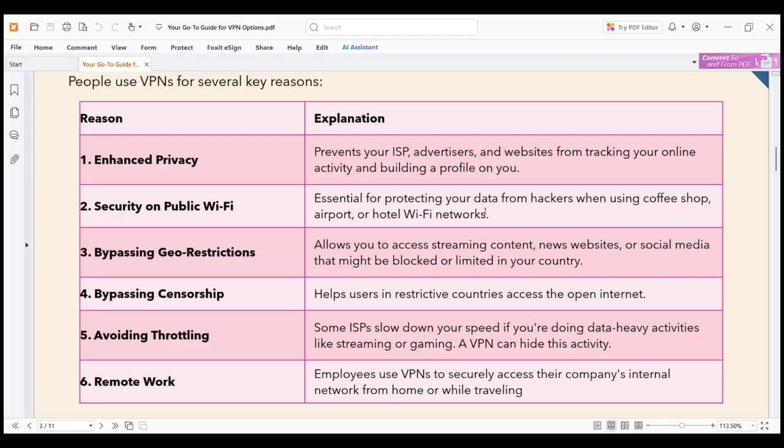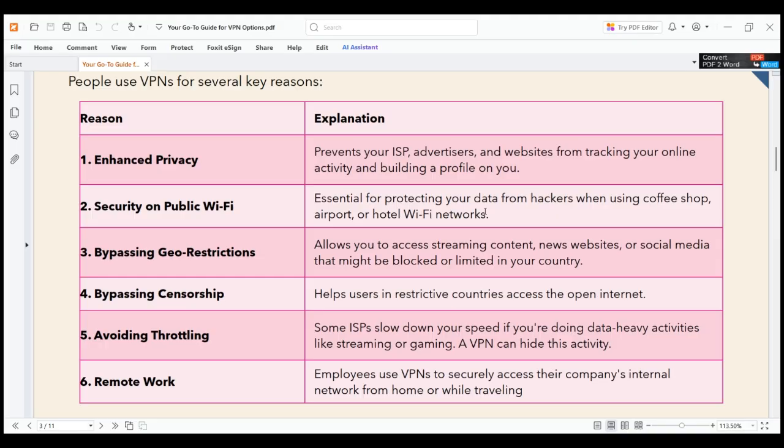There are some certain countries, for example, that restrict Facebook. You understand? So, in order for you to bypass such geo restriction, you might want to connect a VPN to a country where such services are allowed. You understand? And then you bypass such restriction. And censorship is almost the same thing as this restriction. You understand? Maybe government trying to censor